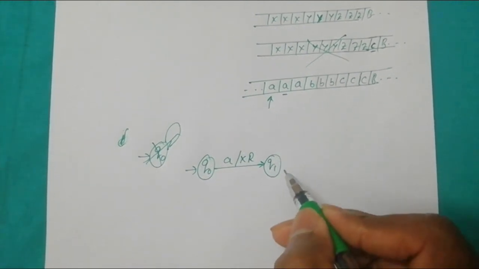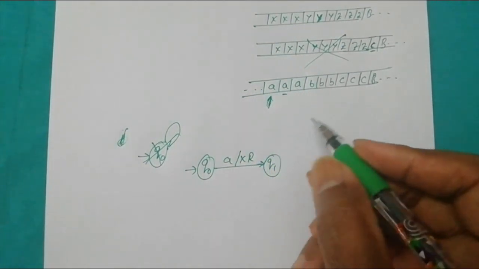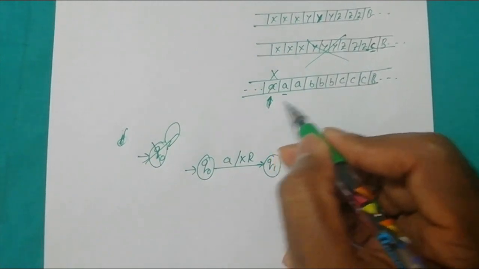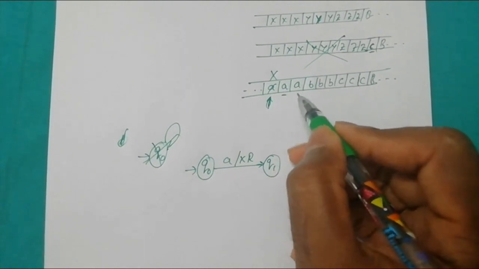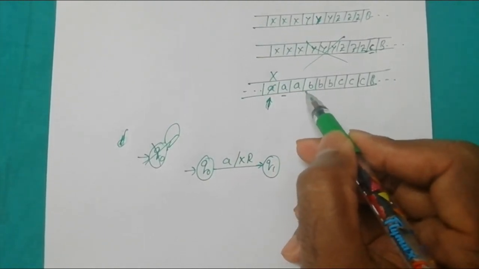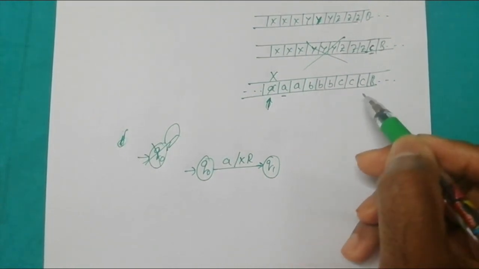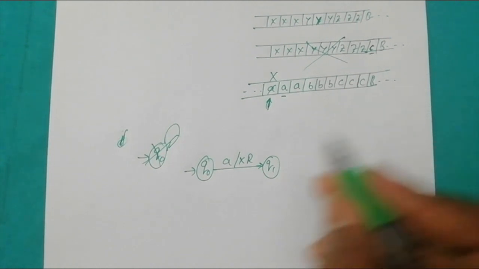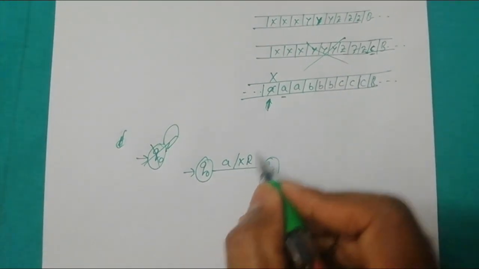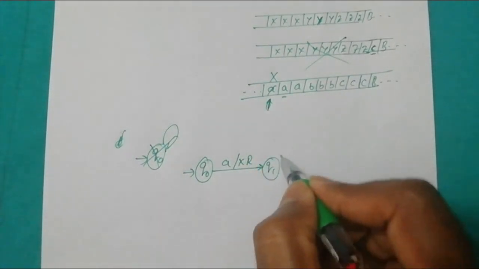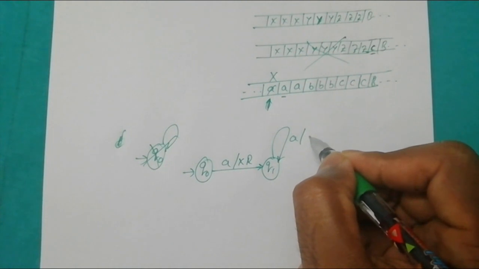Now we are in state q1. Now the read-write head is pointing at this cell. Our intention is, until we come across the first occurrence of b, we keep on moving without modifying any content on the tape. If we modify the content before reaching the first occurrence of b, then correspondence checking will not be done efficiently. So we don't want to modify these contents until we come across the first occurrence of b, since the first a is modified to x. Next, we loop until all a's are finished.